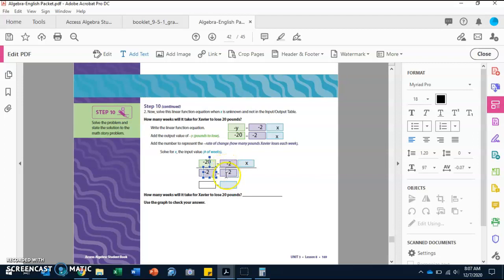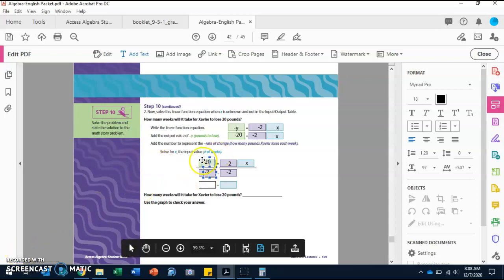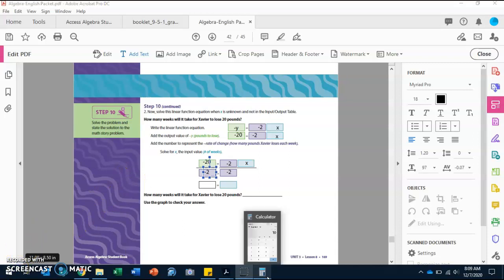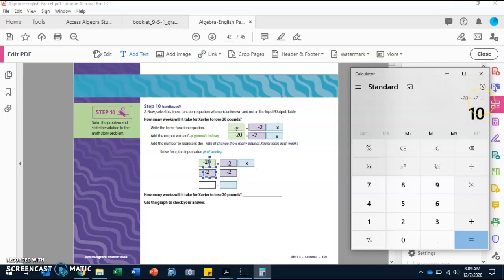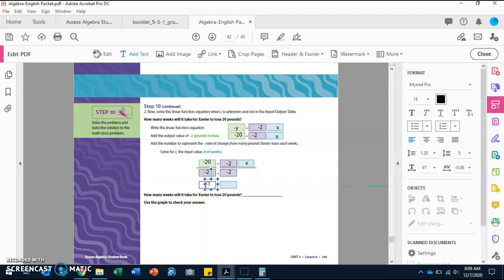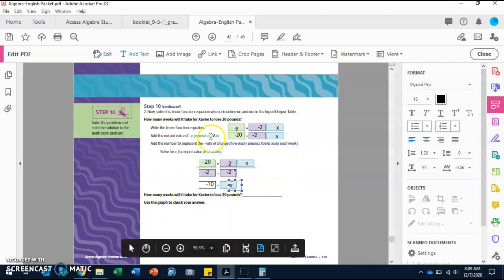Remember, these two are the same, so they cancel each other out. So you are left with x equals negative 20 divided by negative 2. Solve for it. Tell me what is negative 20 divided by negative 2. So here I calculated and it says negative 20 divided by negative 2 equals 10. So here we would put 10 and the x. And it is just telling us that in